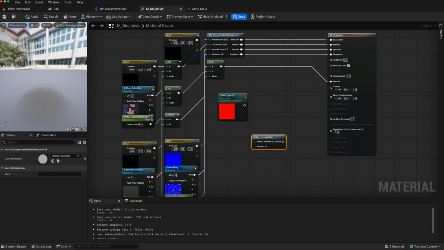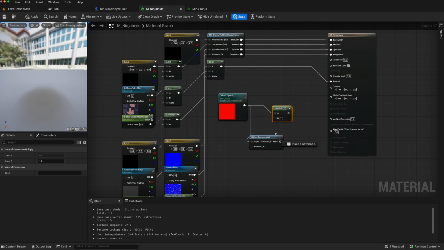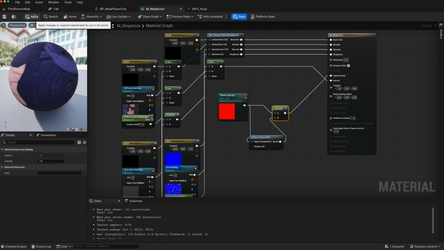And what we want to do is we need to feed a number into here. So we'll feed the mesh opacity into here. We also want this dither result to be 0 when the opacity is 0. So we should multiply what comes out by that result. And then we can put that into the opacity mask. And if we apply that,